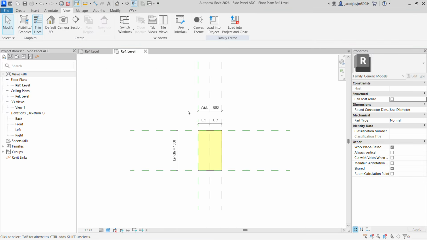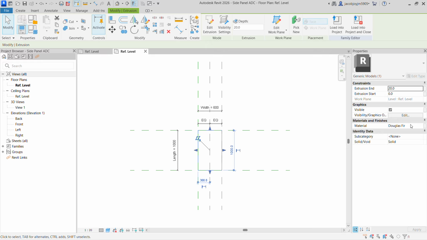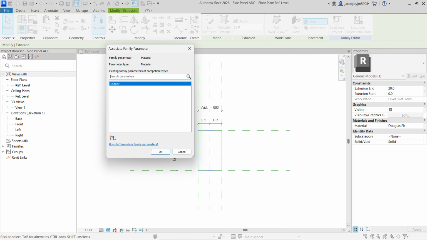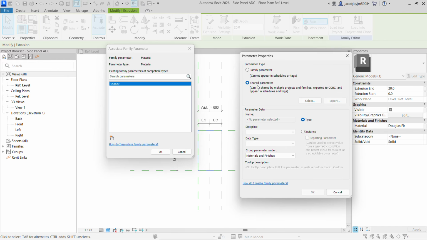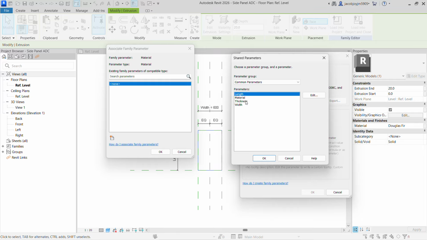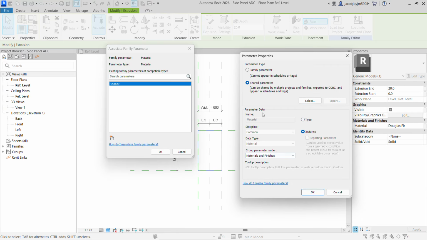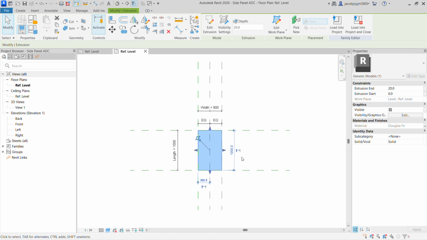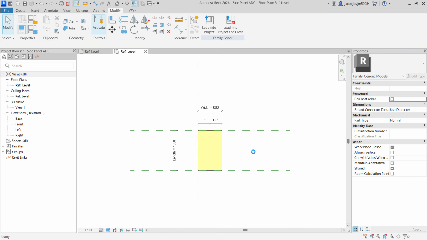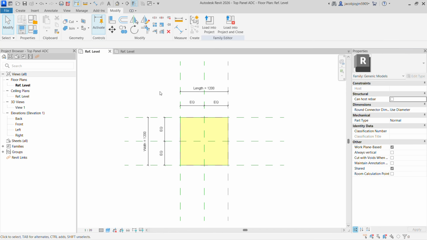So here it is applied. Do the same thing for the other family. Select material, go to create new parameter, select a shared parameter, go to select and select from the list. OK, and check all the fields, and it has to be an instance property. Say OK, OK. Then save both families. Control S, saved. Now we are going to create a table family, and we are going to use this family